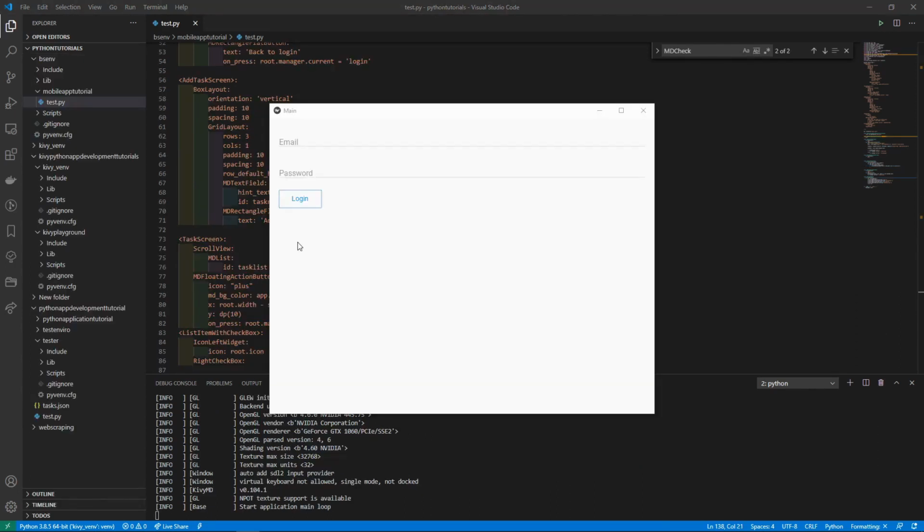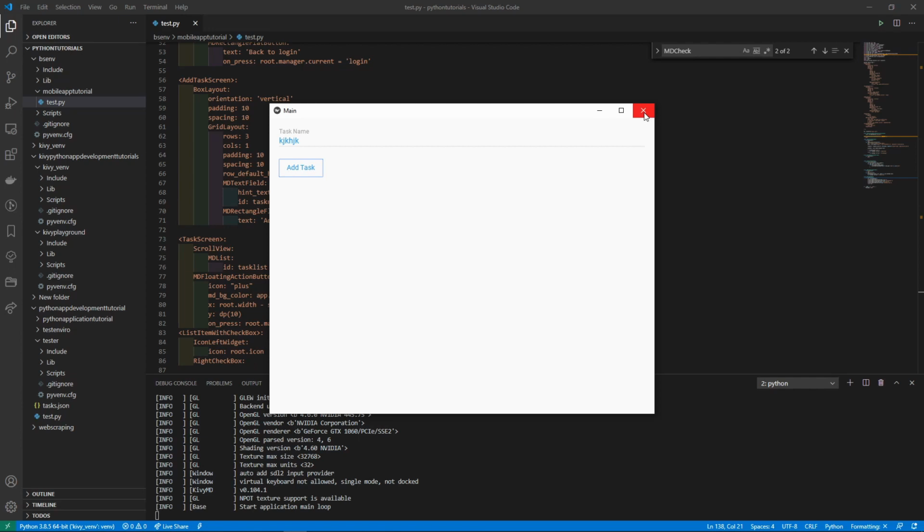And our application is running, so now we can log in and try and add some tasks. So we'll add, and then we can just put in any value you want. And as you see, it doesn't add the task. So we've